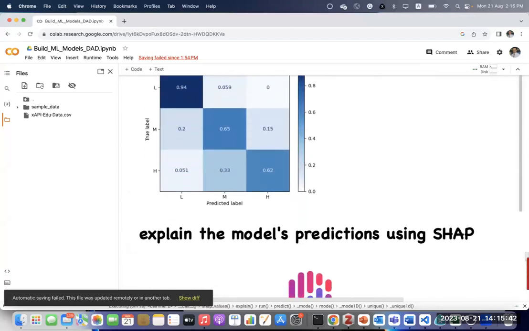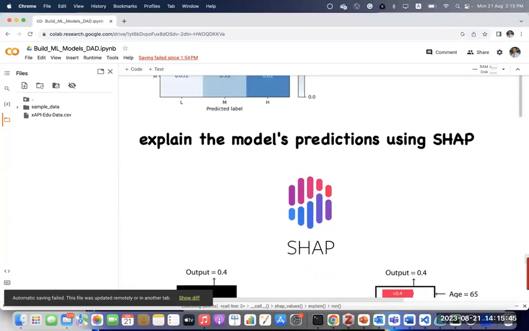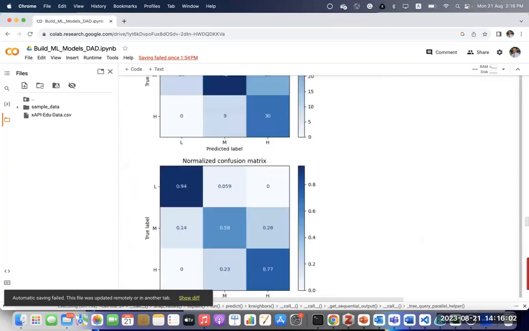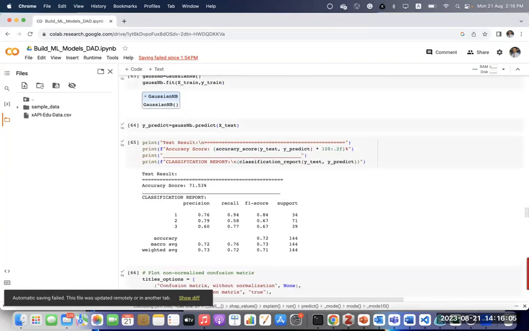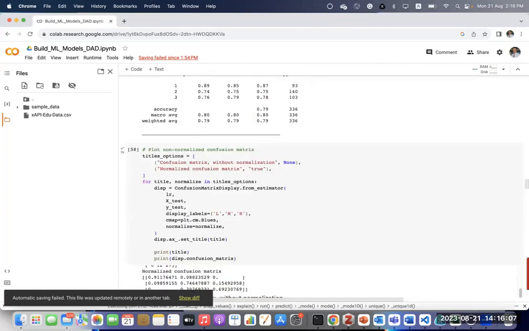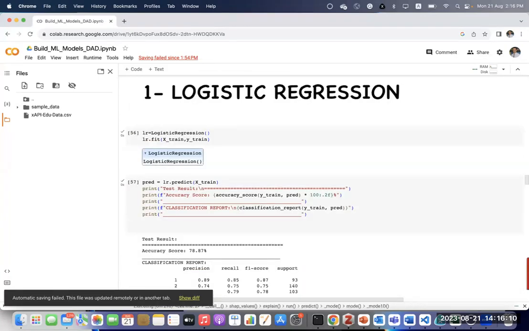All right, so now the last part of this code will be related to explainable AI. After you build the machine, you can apply the explainable AI. It's the last part. But before that, we have the models here. We have 5 models. You can see the first one is the logistic regression, and the outcome of this model in terms of accuracy is 78. Okay, so this is the first result you will get from the first model.